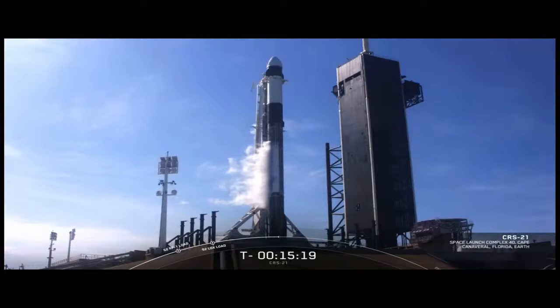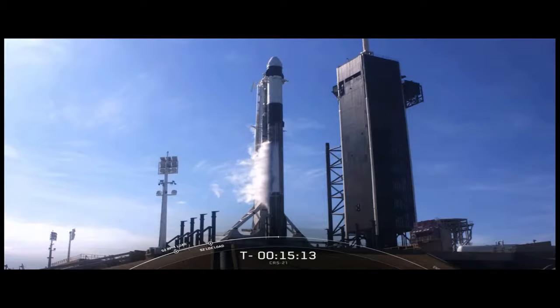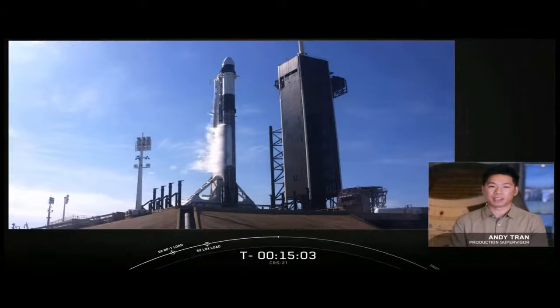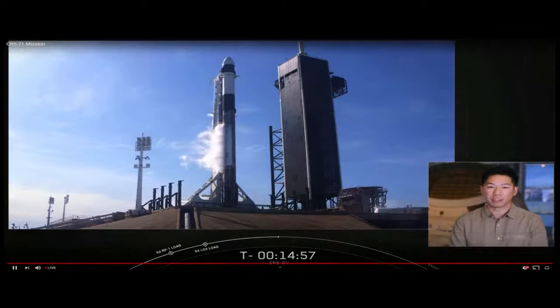It's December 6th, and you're looking at a live view of Falcon 9 on launch pad 39A at Kennedy Space Center, and we're about to launch a Dragon spacecraft. Liftoff is targeted at 11:17 a.m. Eastern Time. My name is Andy Tran, and I'm a production supervisor here at SpaceX. It's great to be here with you to cover our 21st commercial resupply mission to the International Space Station for